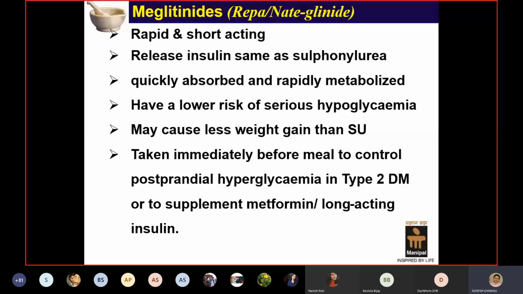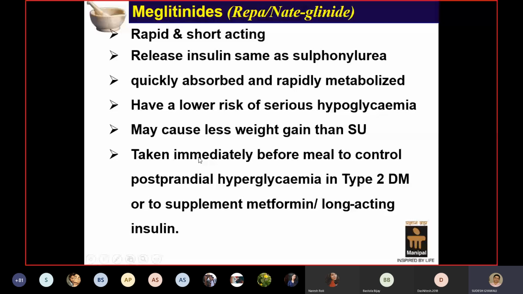You know, in the diagnosis of diabetes mellitus, or even for monitoring the treatment of diabetes mellitus, we do two tests. One we call fasting, the next one is PP. PP means postprandial. Fasting means we test on an empty stomach, and PP means 2 hours after taking the meal. If someone's fasting is okay but PP is on the higher side, or the postprandial glucose reading is very high, in that case it could be the preferred one.